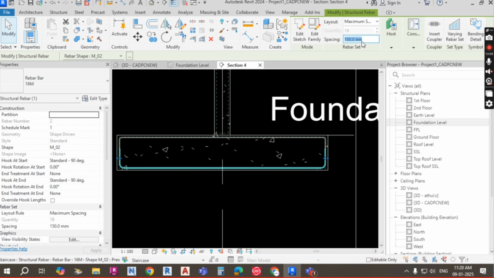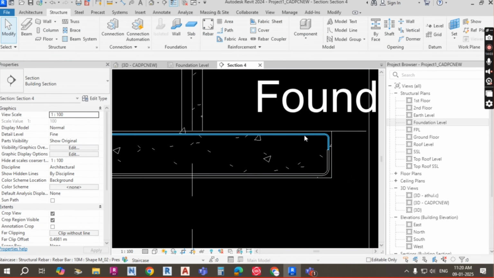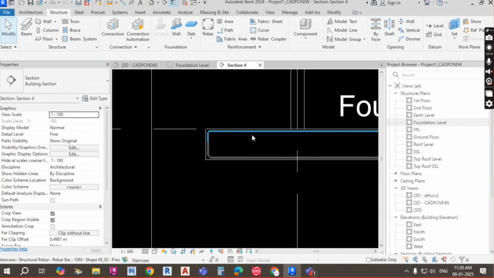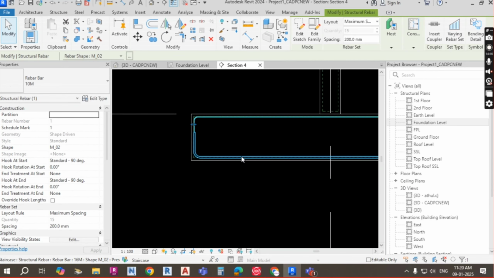So the bottom is 15 centimeter, the top is 20 centimeter. So you have to go like that. Now you can see this bar: this is major, this is minor. Top major, bottom minor. So only two bars have come. After placing these bars, you can select the two bars at a time with the help of